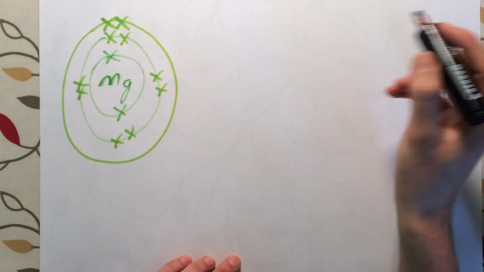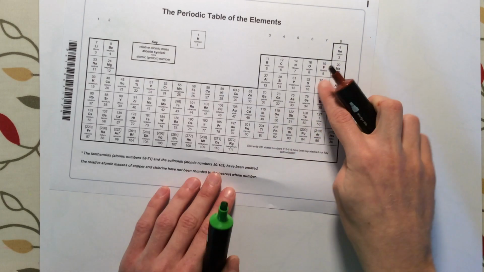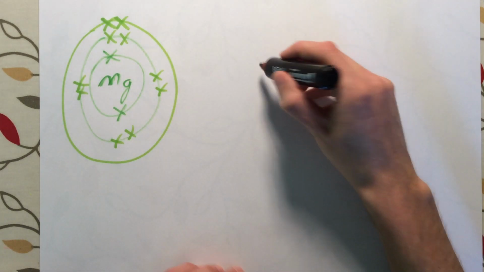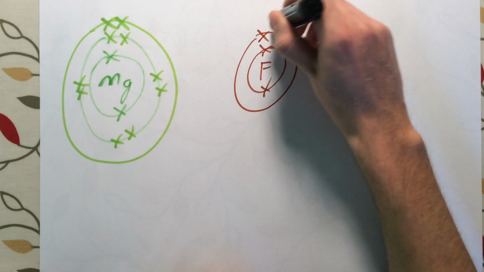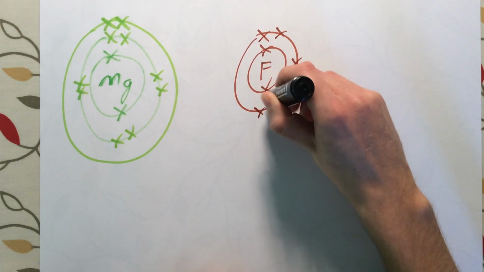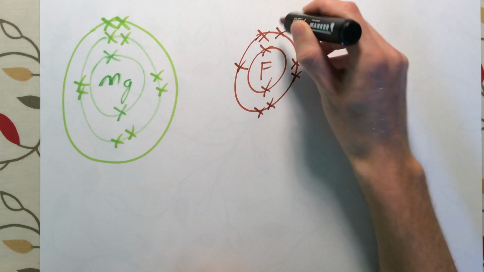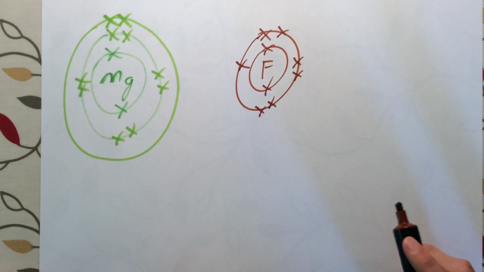Our fluorine atom that we start with has got an atomic number of 9. It's got 9 electrons to start with. 2 electrons in its first shell, 7 electrons in its second shell gives us 9 electrons in total. Okay, this time,